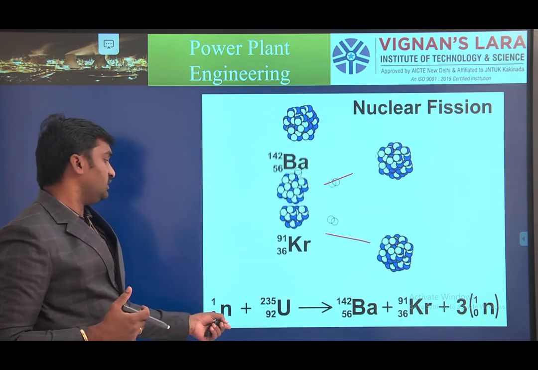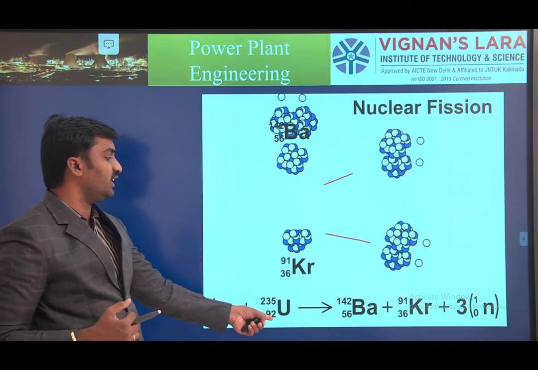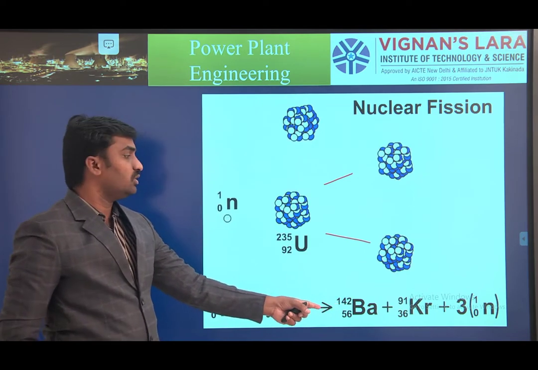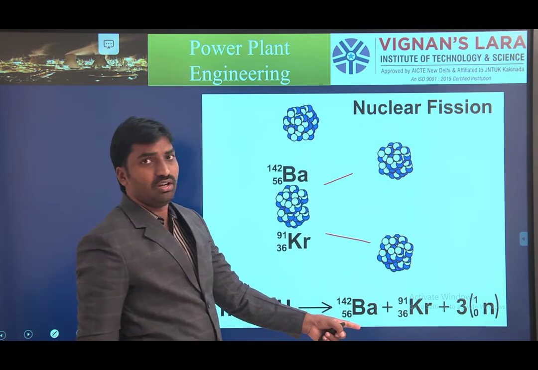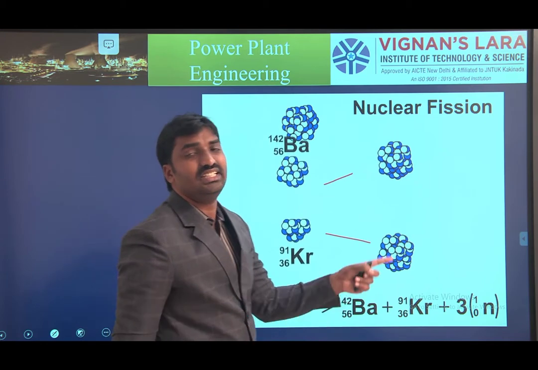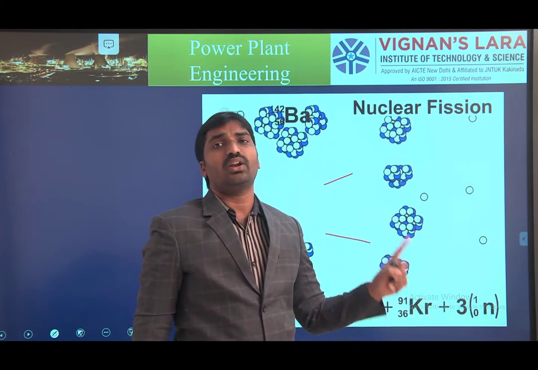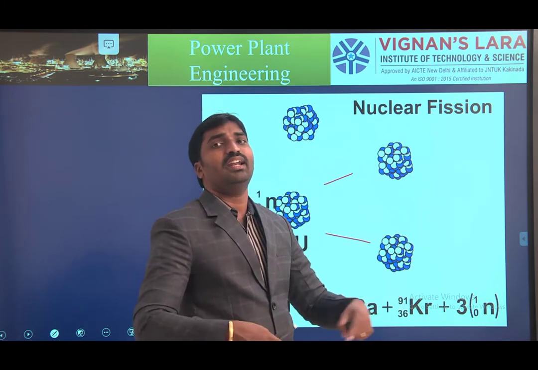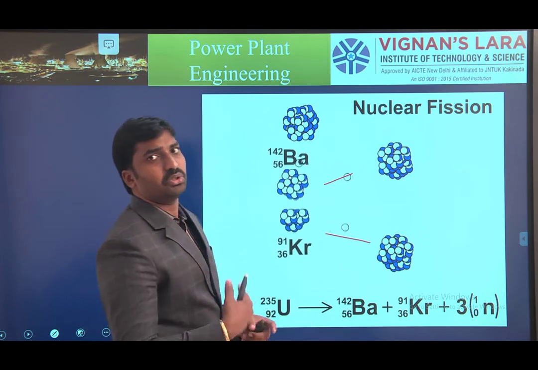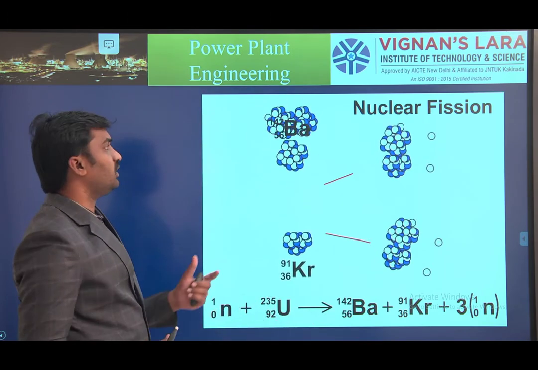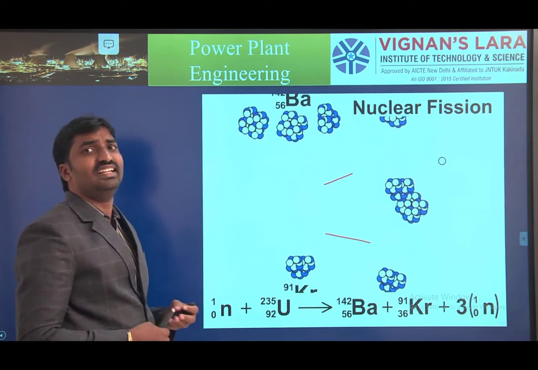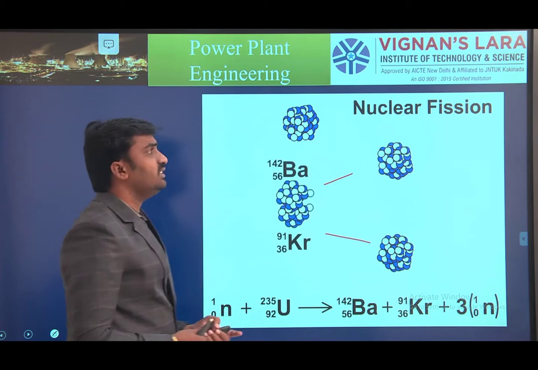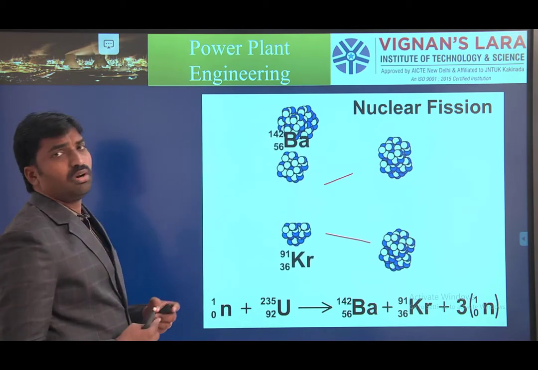Initially one neutron reacts with uranium-235. It is divided into 2 atoms, barium and krypton, plus it releases 3 neutrons. The neutrons collide with elements and release n number of neutrons again. This is a continuous process, and in this process heat is continuously released. If heat is continuously released, we need to control it by some other techniques.